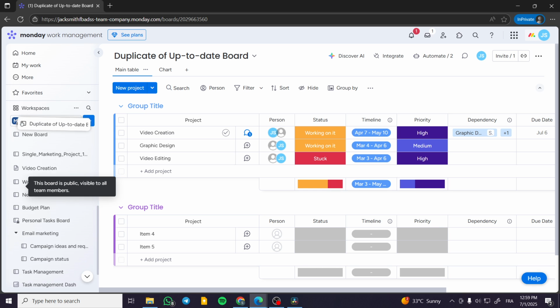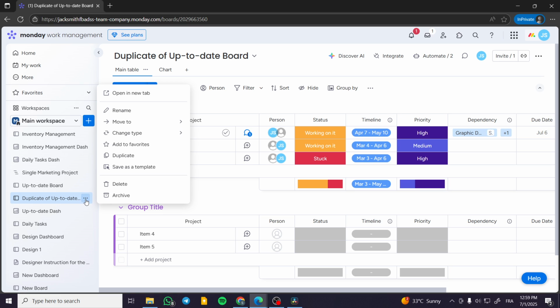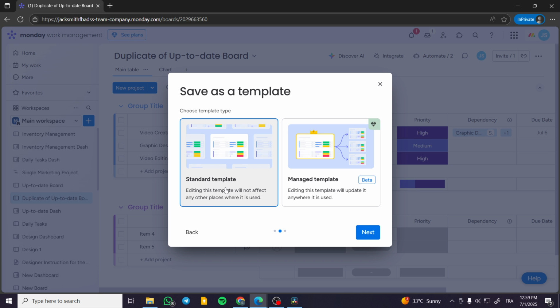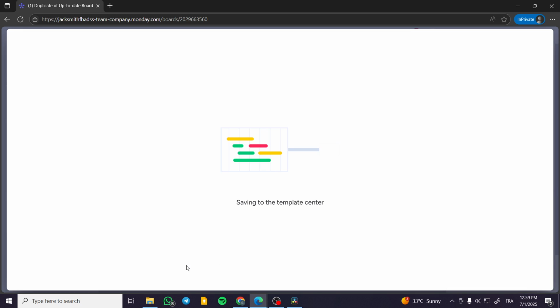Now I'm going to place it here under the same board like that. And what we're going to do now is to click on more options, and then we're going to have the save as template option. I'm going to save it like this, and also it is going to duplicate the origin. I'm going to move to the origin, and I'm going to put here the standard template. You can put the merged one, but I'm not going to do that because it is going to be only for the enterprise plan. Now we're going to save the name of it or create the template just like that